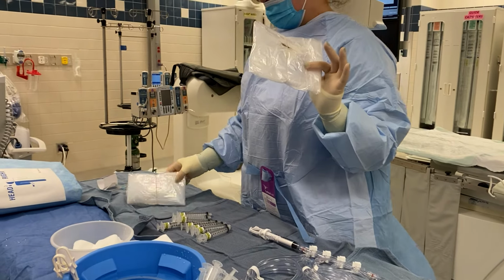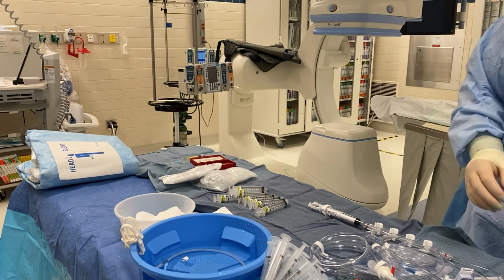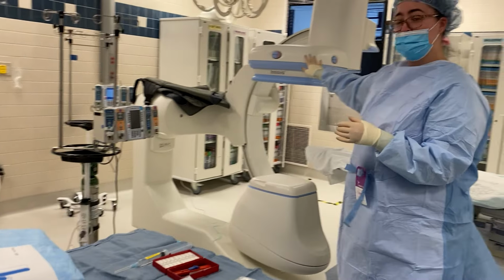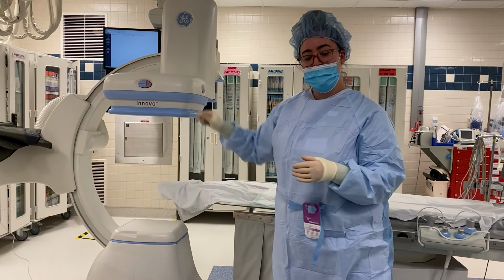These two things here are going to be sterile covers. So the first one, this is our dome cover. This is what's going to be used during the procedure and placed over the II. So it's going to allow the doctor during the procedure to be able to touch the buttons on the side